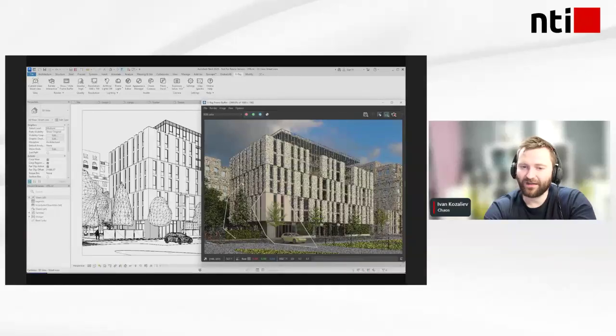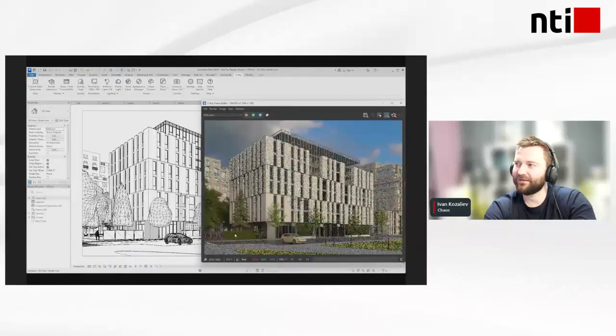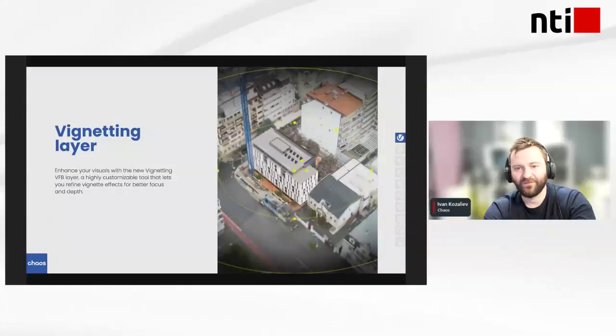As you can see right here, we can control their appearance, we can move points, we can have multiple render regions or just one. And a new stop button, which is something that the advanced users will know. Sometimes when we stop rendering, the denoiser level is not applied. Well, that's not an issue anymore. So we can easily apply the stop rendering, which is another way to stop the render, and it will preserve all of these render elements that are created.